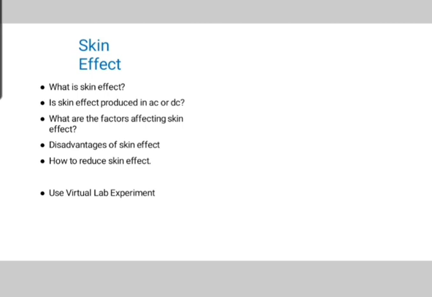So how is the skin effect produced? The skin effect is due to opposing eddy currents induced by the changing magnetic field resulting from the alternating current. The skin effect is due to the circulating eddy current cancelling the current flow in the center of the conductor and reinforcing it in the skin. So due to the skin effect, the AC resistance increases in the conductor.